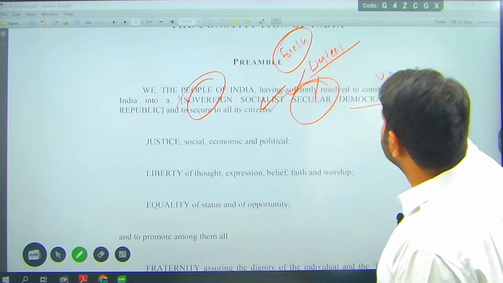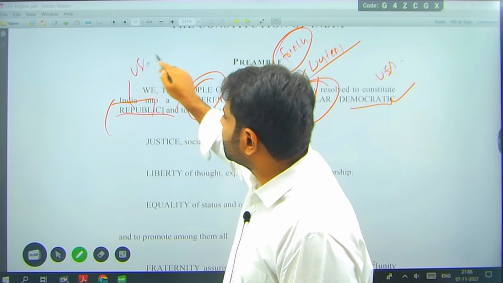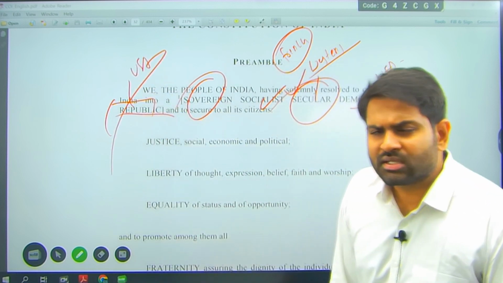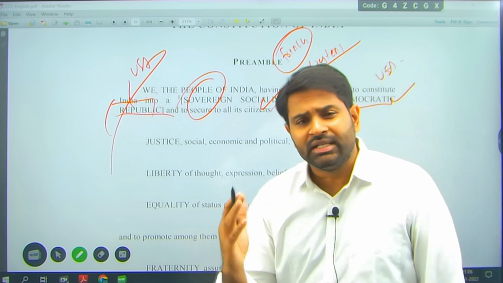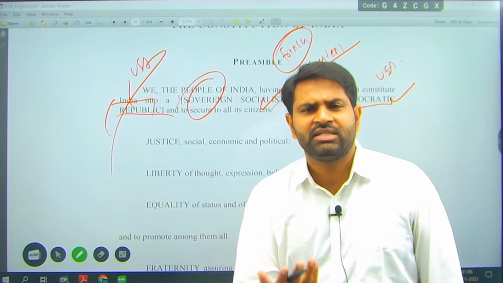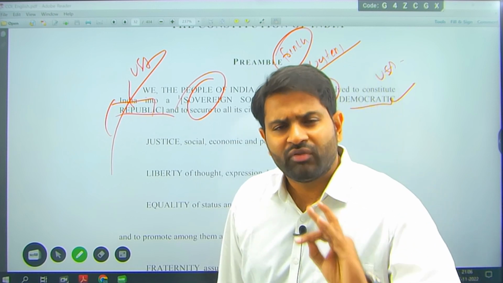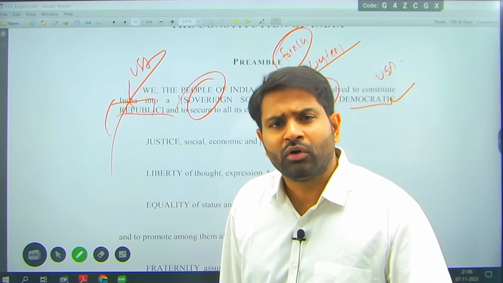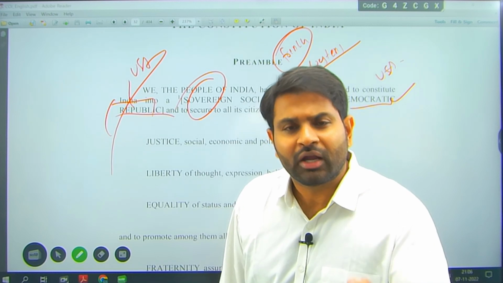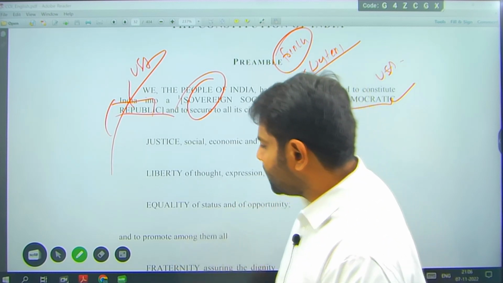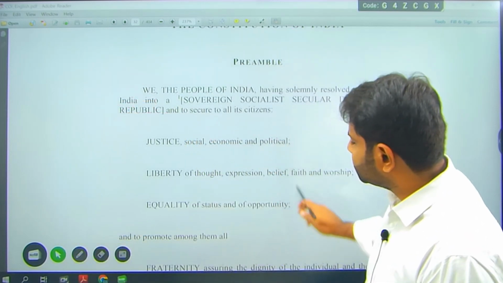Democracy, you need to talk about the USA. Republic, you can talk about the USA again, right? Likewise, you should be able to identify what is behind this. What is the root genesis of this particular document? So, the French Revolution, the Russian Revolution, and if you don't know the American Revolution, or any of those revolutions which happened in the world arena, remember, go back, open up Wiki, complete them, come back to the preamble. Else, attend classes. Simple.